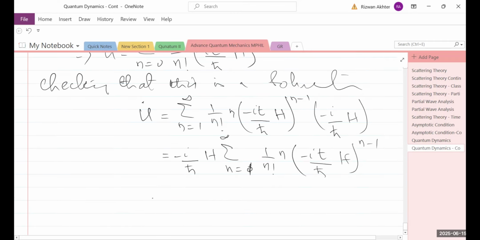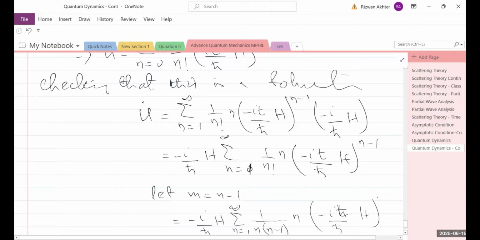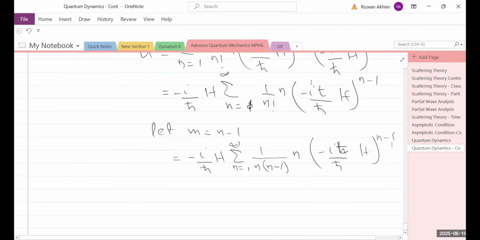So let m equal n minus 1 in that power. This can be written as minus iota over h bar H, summation n from 1 to infinity, and if I cancel the n,